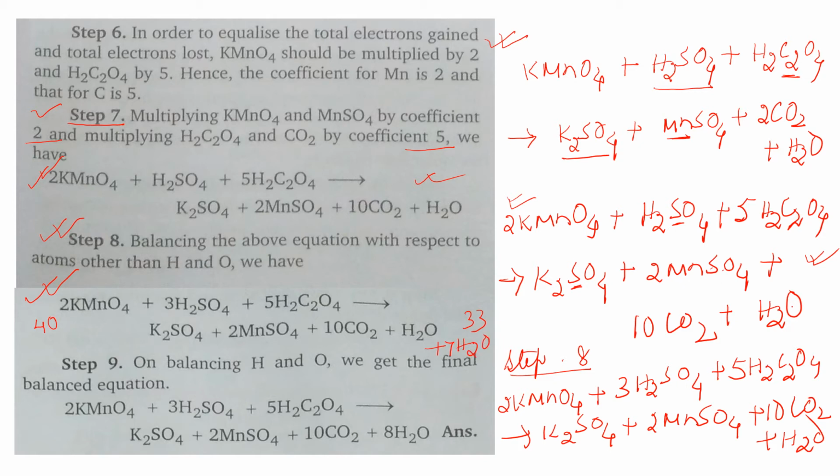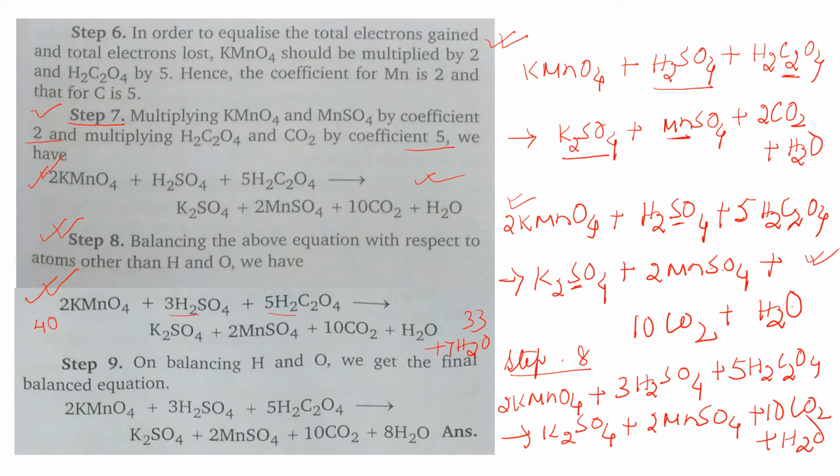Because 7 oxygen are less, I have to add 7 H2O on the right hand side. So I have added 7 H2O. After that, add a sufficient number of H plus ions to balance the hydrogen atoms. Now after adding 7 H2O, oxygen is balanced. See for hydrogen, because all other elements we have balanced. Hydrogen on the left hand side: 3 twos are 6, here it is 10, so 6 and 10, 16.